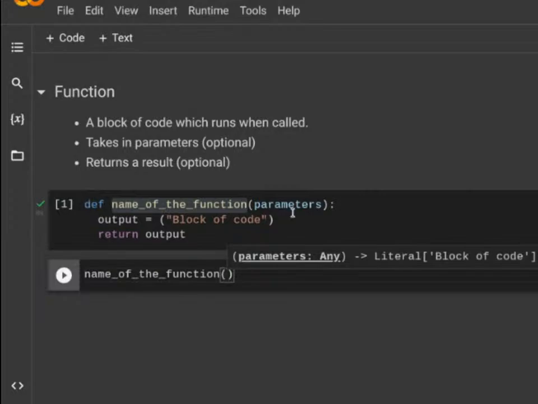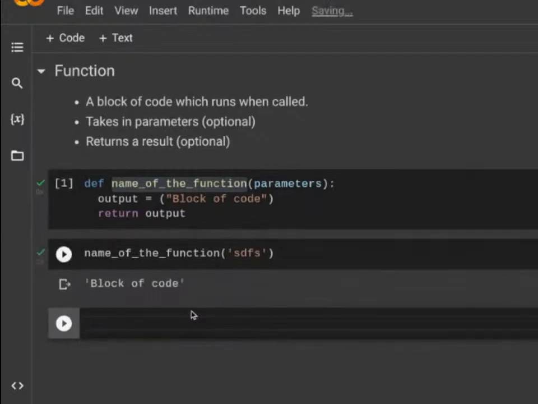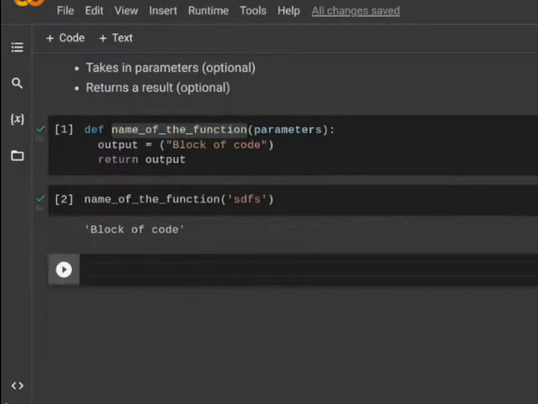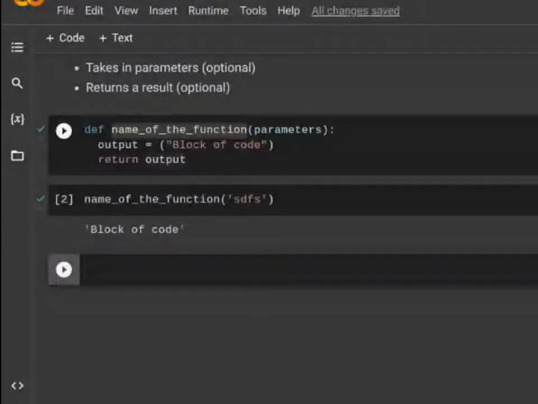And you have to give a parameter now. So whatever, doesn't matter. It will just return a block of code, right? Okay. Now, if you don't know the number of parameters beforehand, like for example,